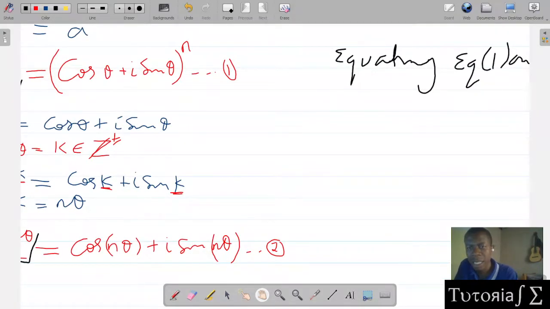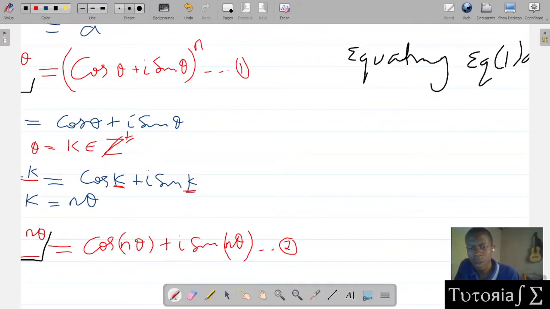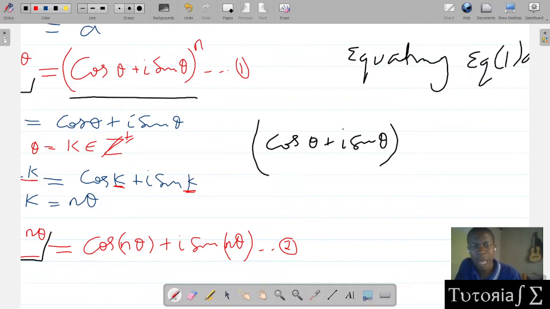We are seeing that this part, we can start with that part, which is cos theta plus I sine theta to the power n will be equal to this part,